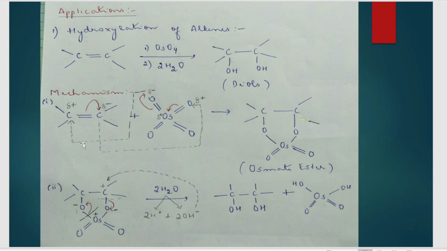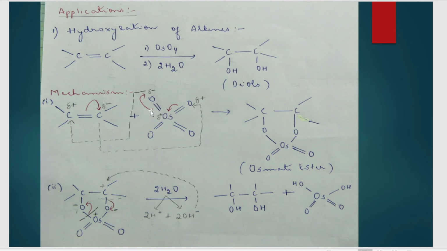First, take your alkene. Now, I've shifted one bond onto the second carbon atom. So, what charge does it get? It gets a partial negative charge because it is electron rich. And this carbon, because the bond is shifting away from it, becomes electron deficient. So, it gets a partial positive charge. Okay, and now let's come to osmium tetroxide.